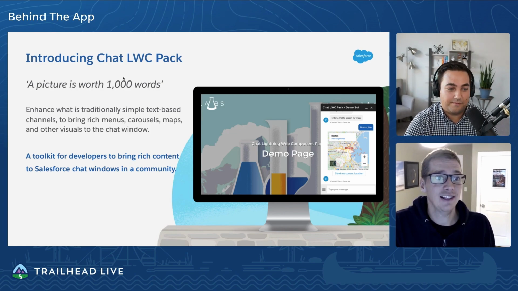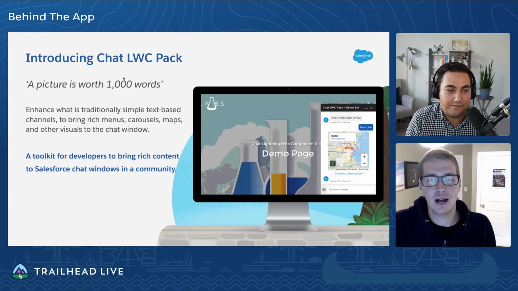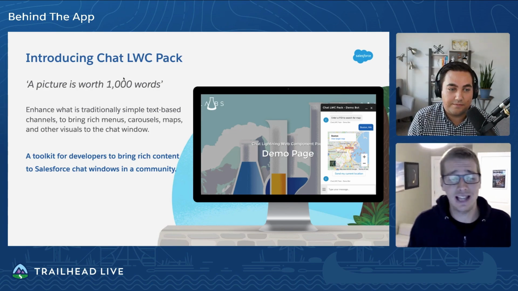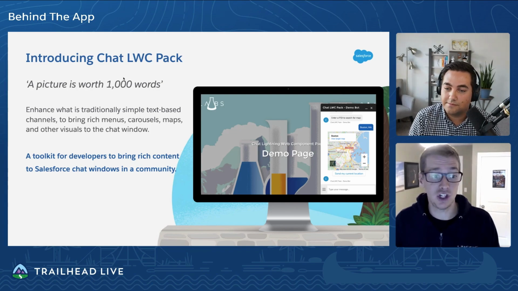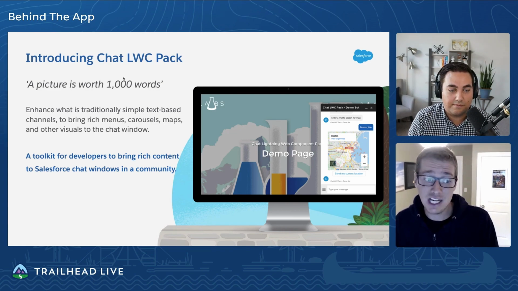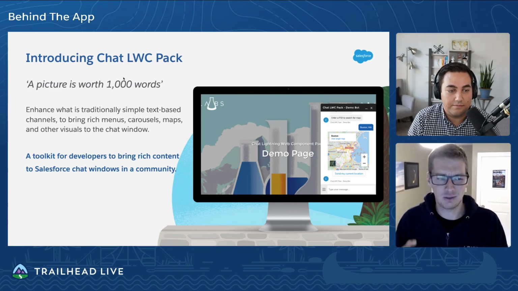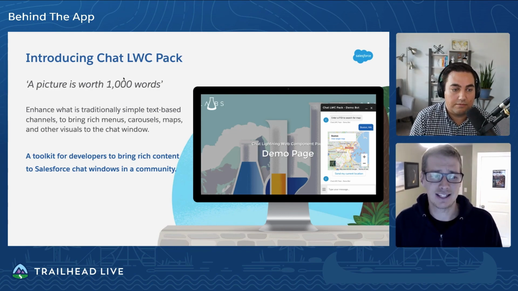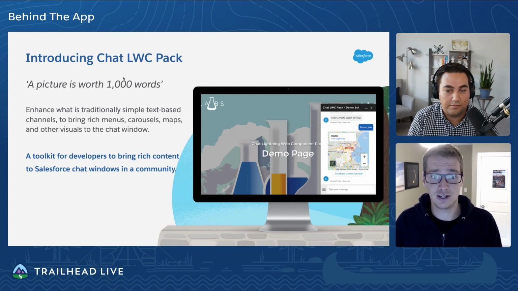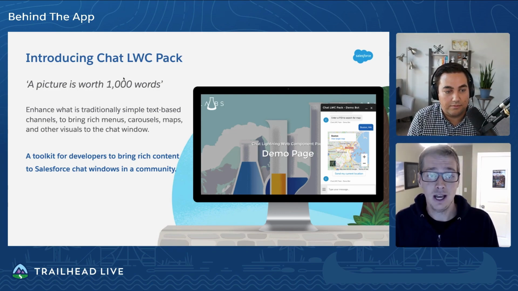Yeah, so Chat Lightning Web Component Pack is a pack of different LWCs, but essentially what they allow you to do is bring rich content to chat windows. So when you think of Salesforce chat in a community where you might be chatting with a chatbot or even an agent, a lot of times traditionally it's just a text-based conversation, but what this allows you to do is bring some rich content features and functions into the chat window,